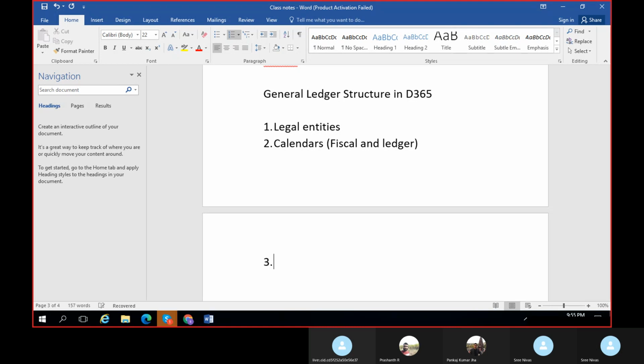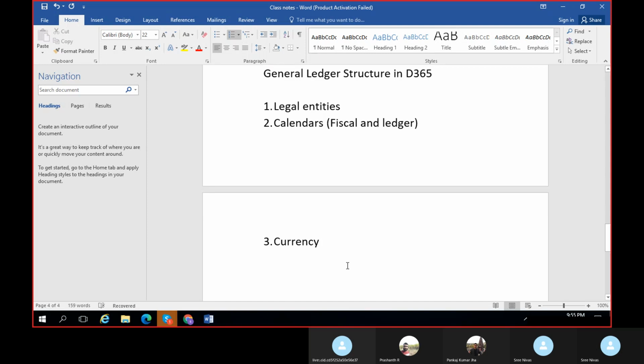And the next part is currency configuration. Again, the most important thing is currency, the reason being any business will have operations in multiple countries, so they will have different currencies. For example, if a company has operations in multiple countries like USA, India, and Japan, they will have to report their financial reports or any transactions, or pay tax or anything statutory, in multiple countries wherever they're doing their operations.